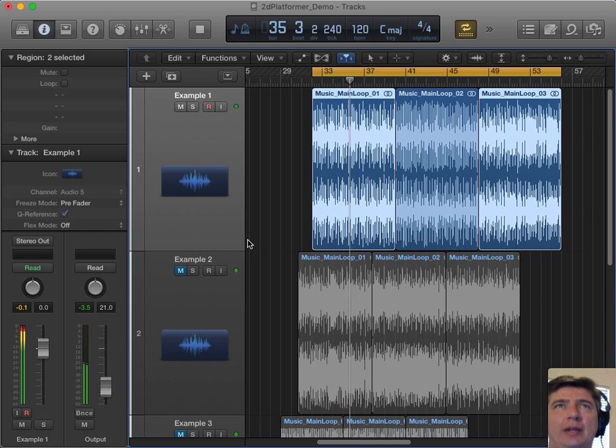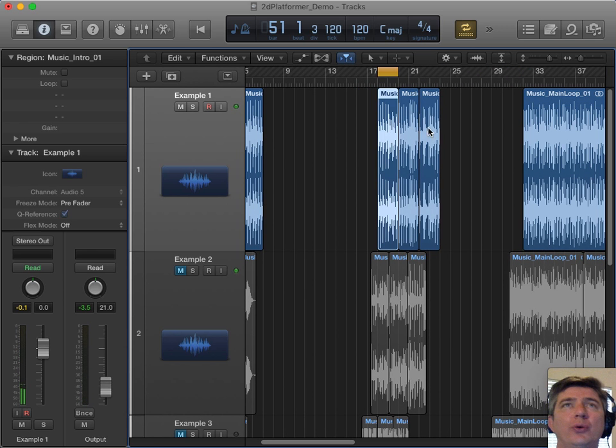What else for your main loops? Consistent instrumentation, consistent tempo and key. So the difference is going to be the composition. Changes in your melody, changes in your progression, changes in your bass line, changes in your percussion and rhythm, like the hi-hat pattern changes up a little bit, kick snare pattern changes a little bit, chord progression changes, and then the melody definitely will be a strong kind of voice to each one of the cues.